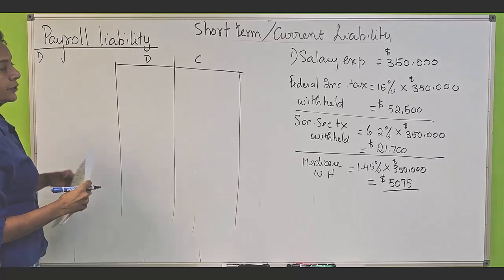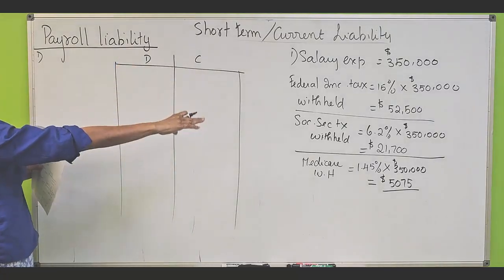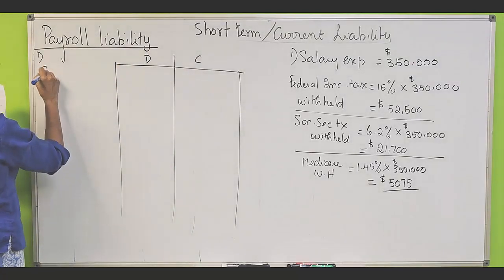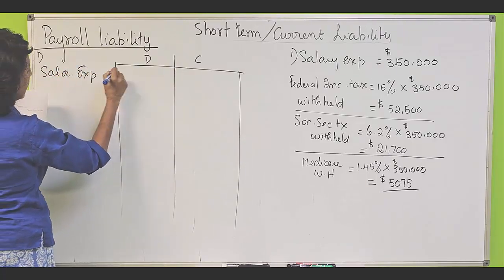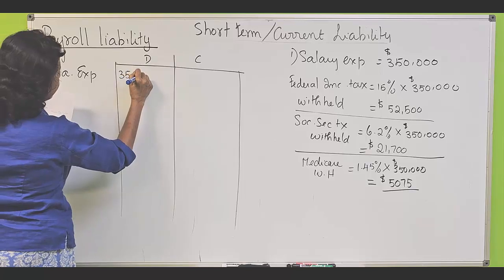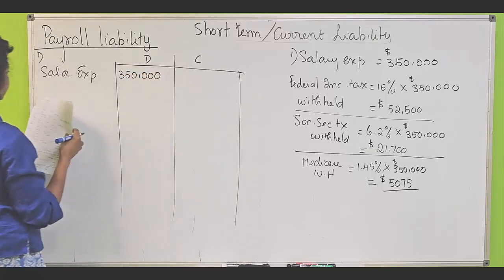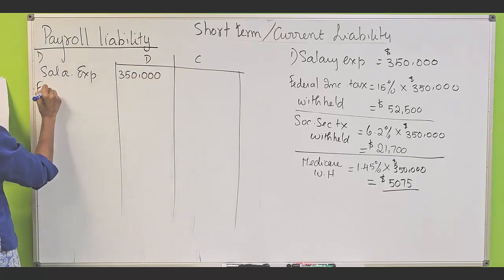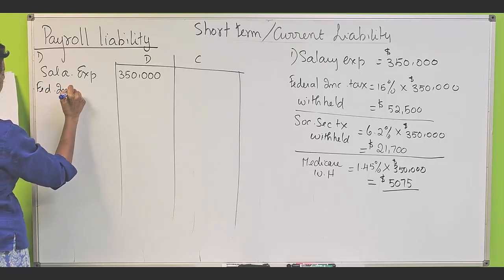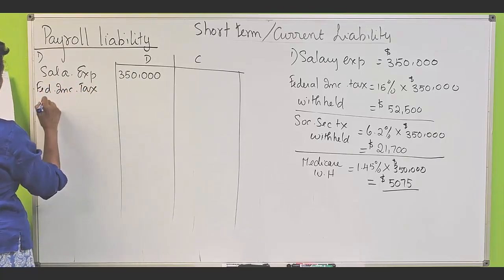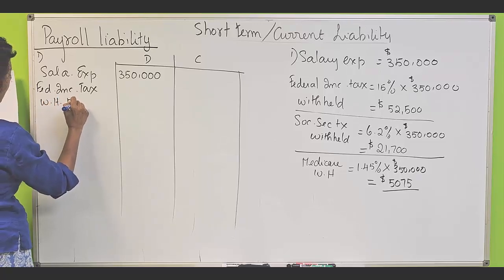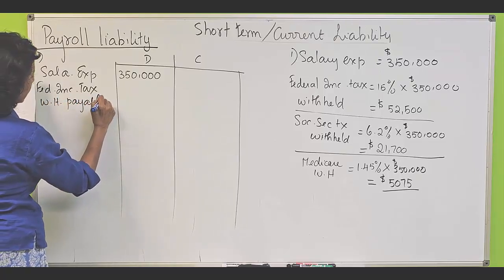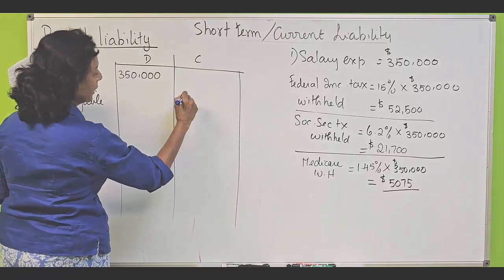So the first entry to record the salary expense and the related withholding amounts, first you debit salary expense $350,000. Then federal income tax withheld payable or liability, that equals